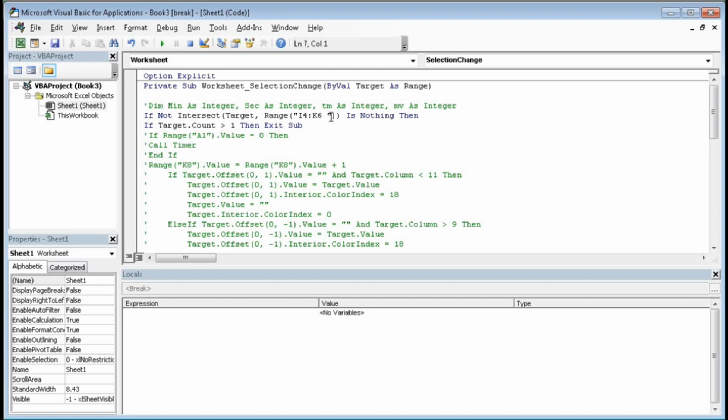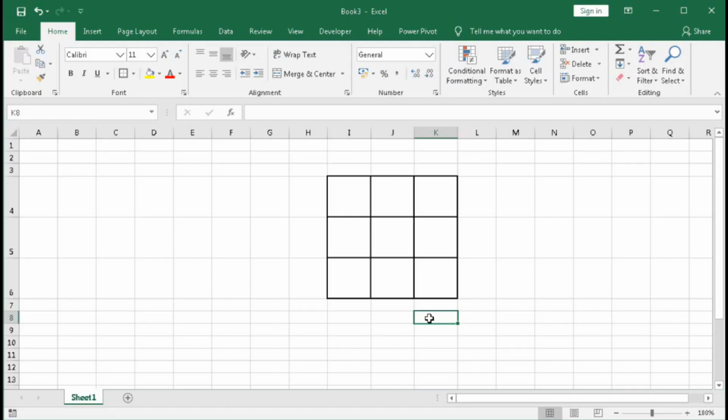That means whenever this event starts, the value of K8 will be changed. So what will be the value? The value within K8 plus 1. So if the value of K8 is 0, then the value will change to 0 plus 1, which is 1. This will calculate the moves within the board.